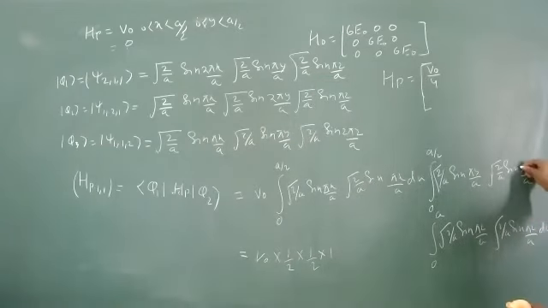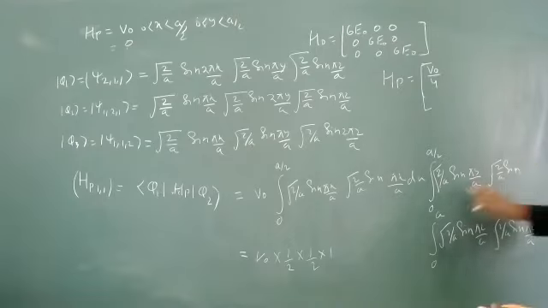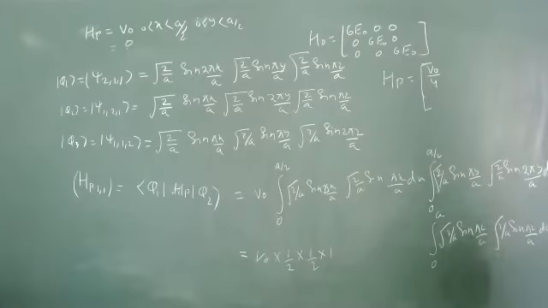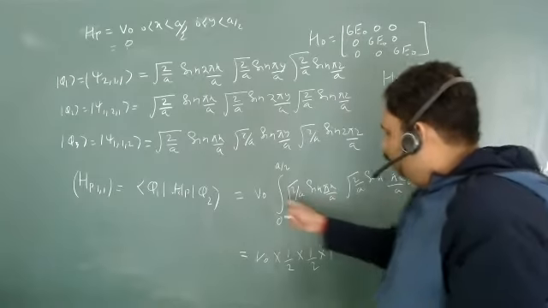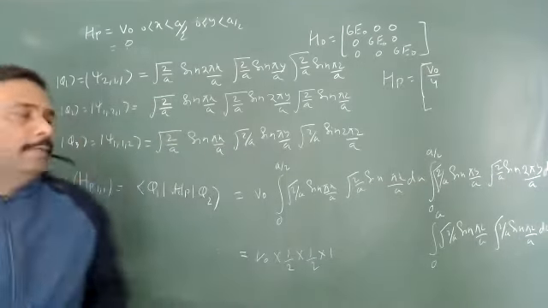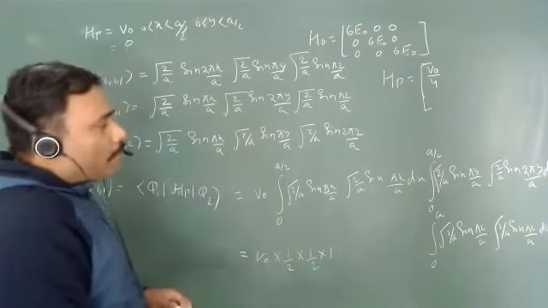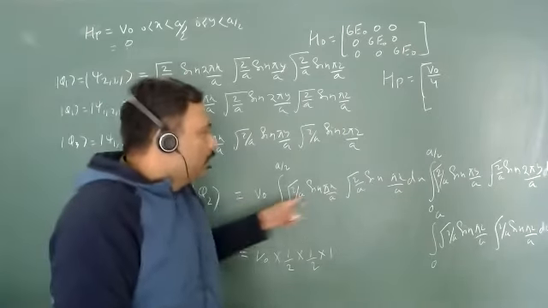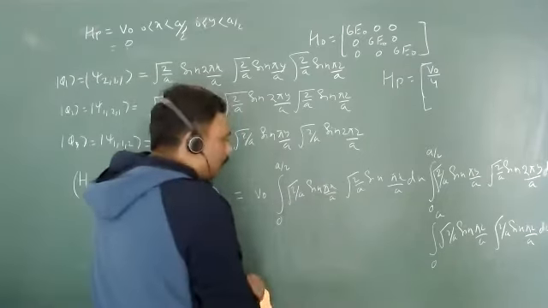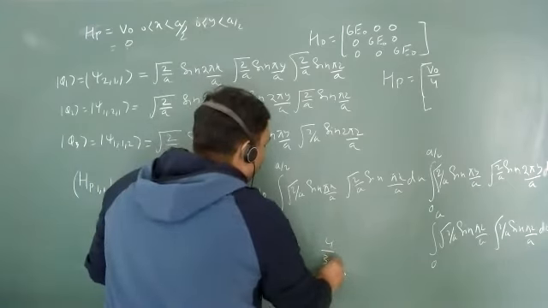And what about this value? Here you can write, the first will remain the same, that will be 2 pi y upon a dy. And this is the same in both. So I have written the same thing. Now, what will be this integration? 4 upon 3 pi. We have done it earlier, isn't it? हम लोगों ने कर रखा था इस इंटीग्रेशन को. This is not 0, please. So this value is 4 upon 3 pi.